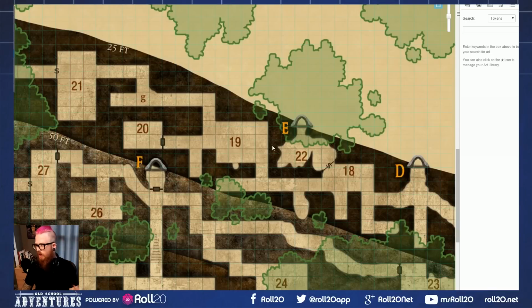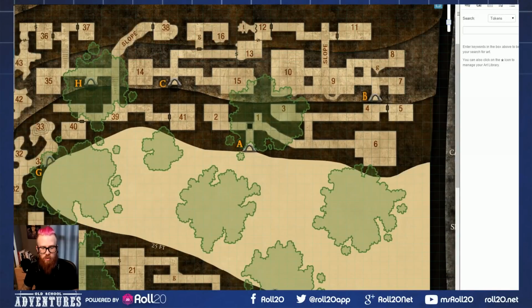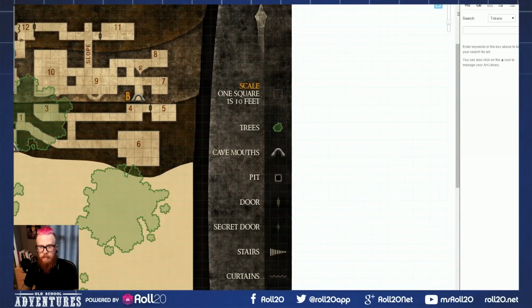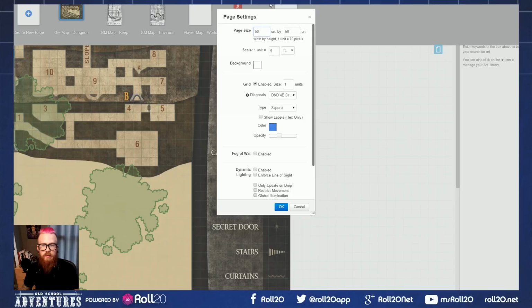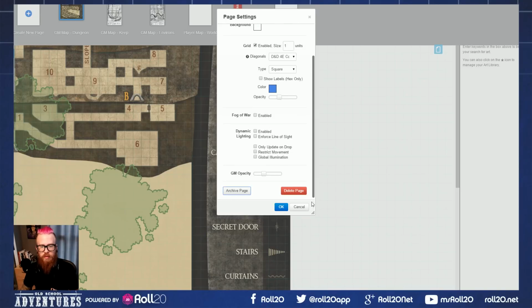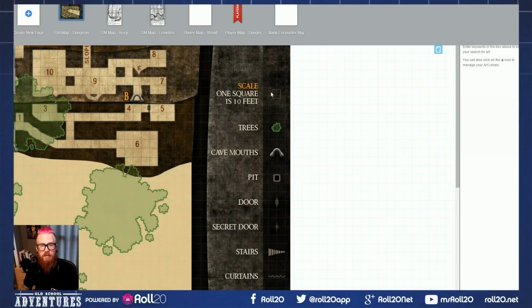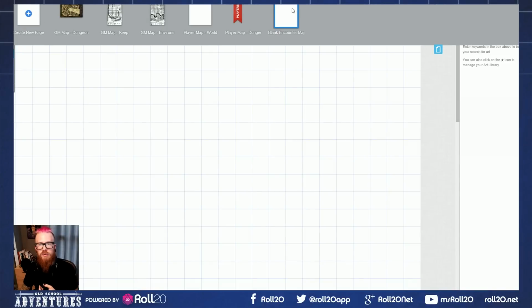So, it's a thing. Now, what I did to set that up, in case you are looking to run your own game, is, let me jump over to my blank encounter map. In the blank encounter map, or in a new blank map, let's make a copy here. In a new blank map, you're able to, oh, I don't want to archive that. Where's my copy option? Yeah, here we go. If I want to map these, rather than